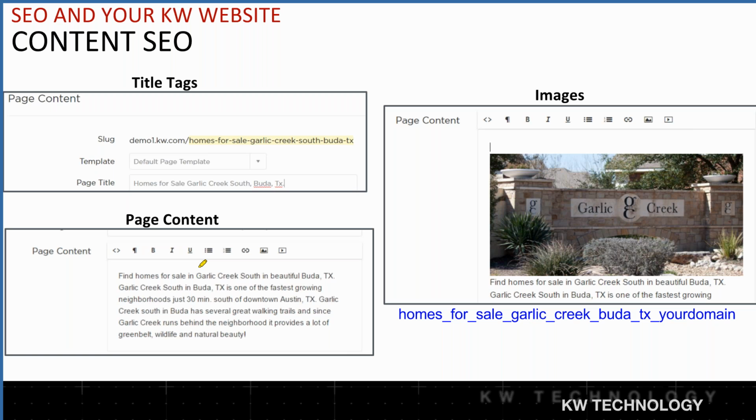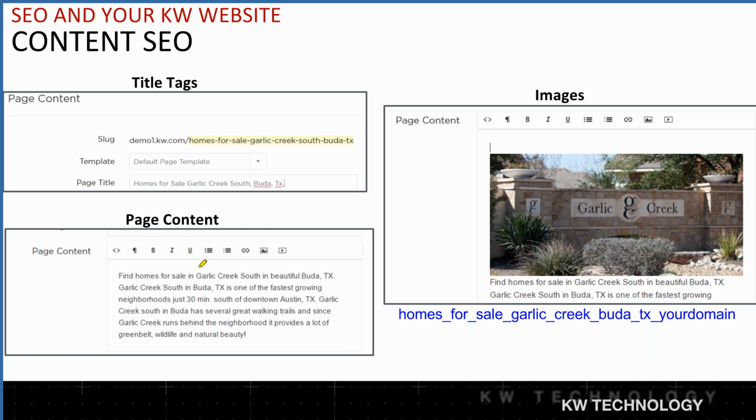So we want to be sure that we are putting content in there that is reflective of the page title, and we're trying to create a conversation style paragraph that has a repeat of the most important words. By the way, and you all may want to write this down, the term homes for sale is the most commonly searched for term when people are thinking of buying or selling a home. So we want to be sure we put that in all of our examples.